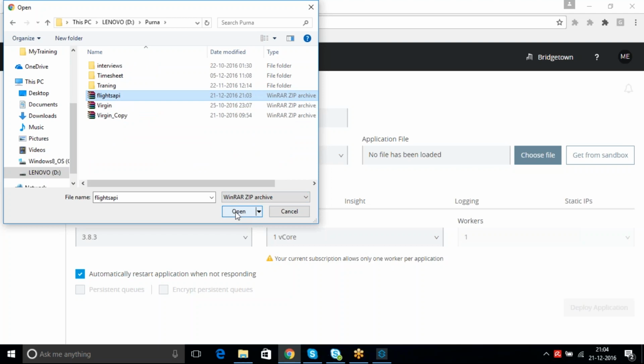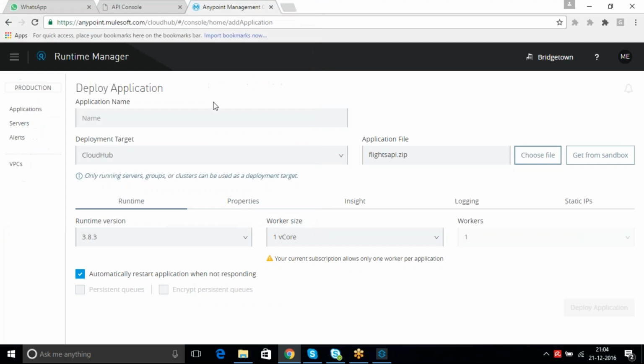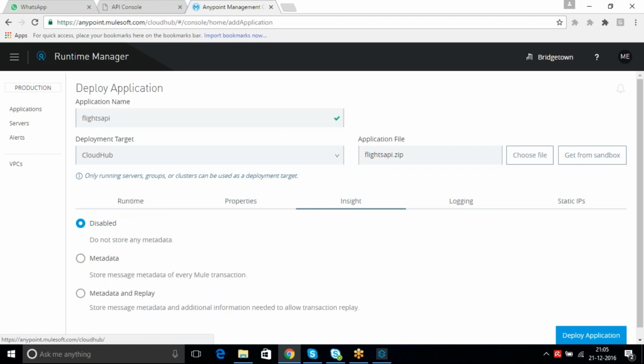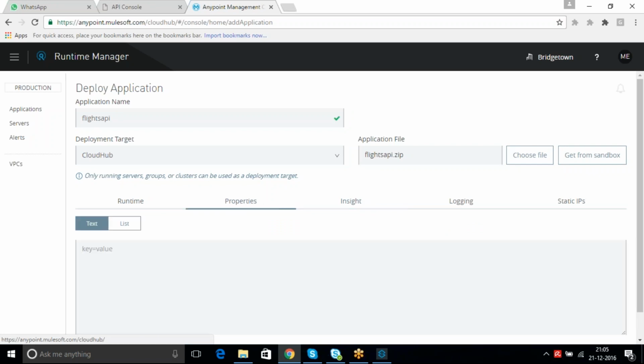Let me do this one, and we'll keep some other name for the next one. Flights API. Now you can see Deploy Application. You can also see Runtime Properties here.